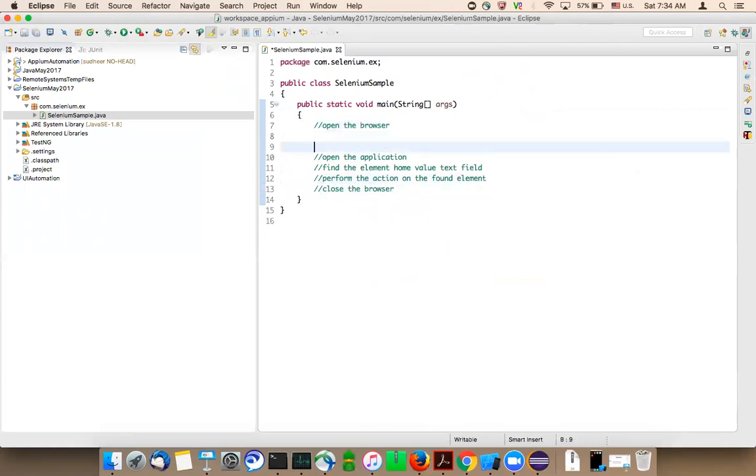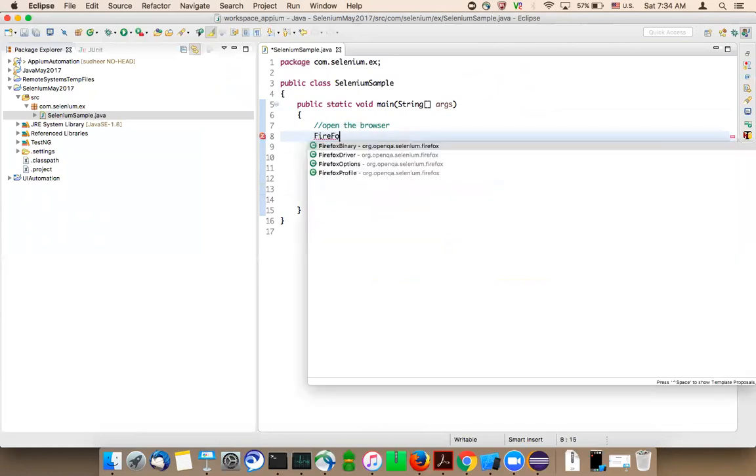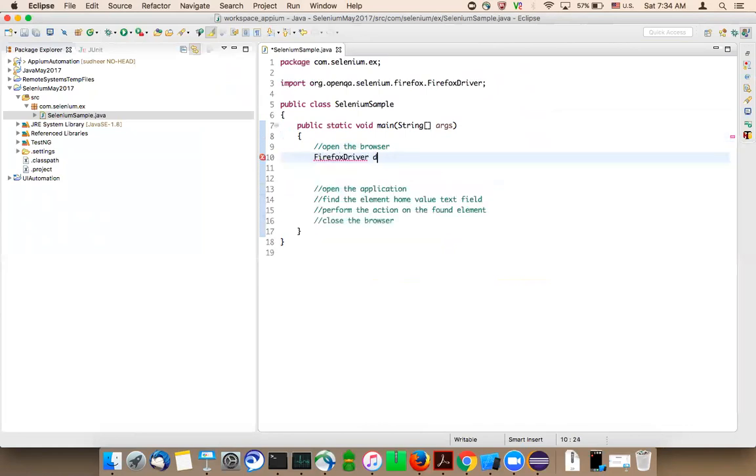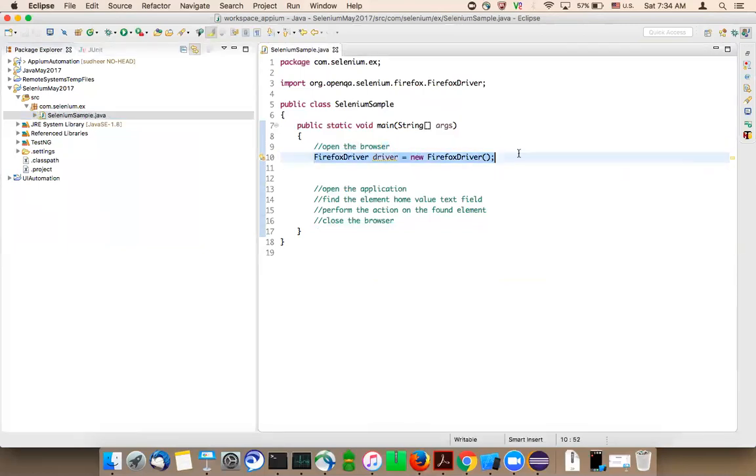Open the browser. If you want to open the browser, you need to create an object for the Firefox driver. If you wonder how you got the Firefox driver, we don't have any class called Firefox driver in our project. But from where did you get it?